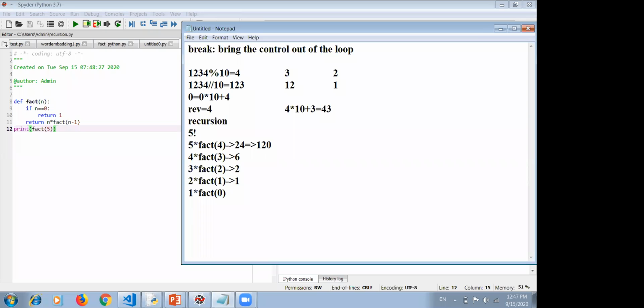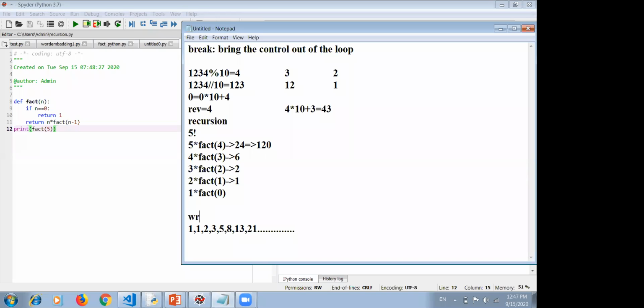The Fibonacci sequence starts with 1, the first two numbers are 1, and then the next number is the summation of the previous two numbers, that is 2. The next number is the summation of the previous two numbers, that is 3. Next will be 5, 8, and 13, and 21, and so on. This is the Fibonacci sequence. You can write a program to generate a Fibonacci sequence. You can try it for your practice.